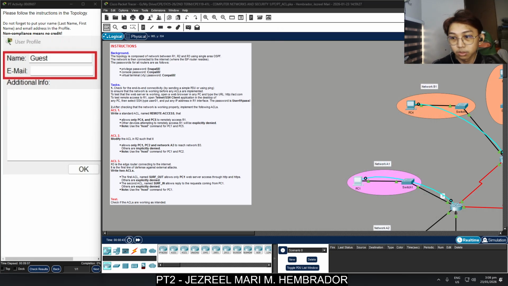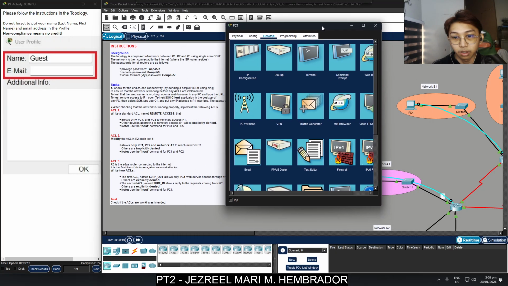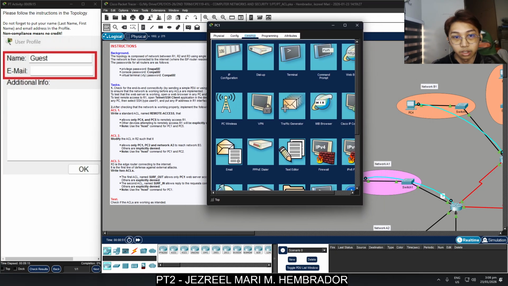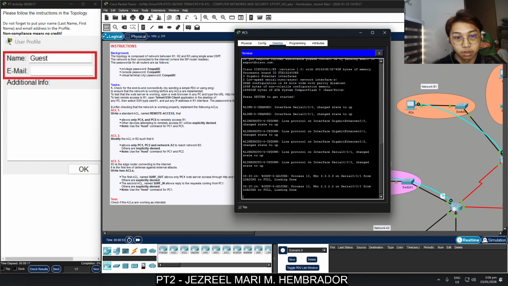Now I will begin the configuration on router 1. I will access PC1 to access R1 and then go to the terminal. I need to restrict remote management to only the IT administrators. I will create a standard ACL named remote access.